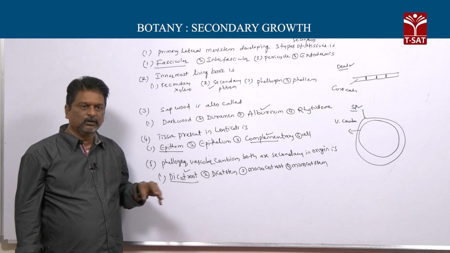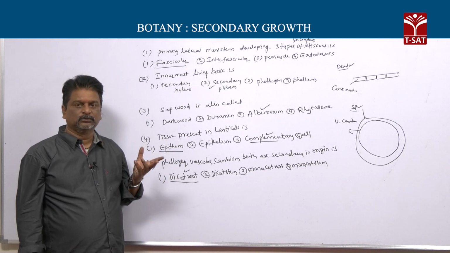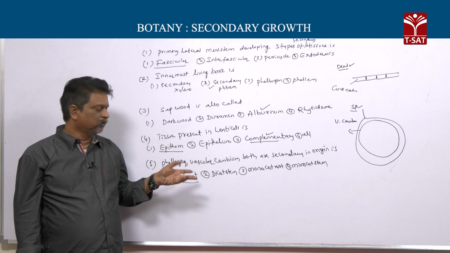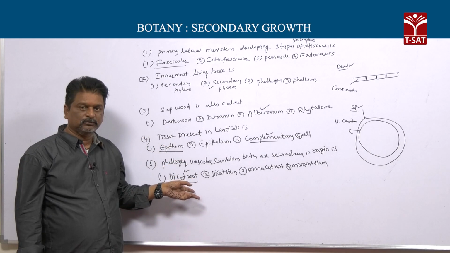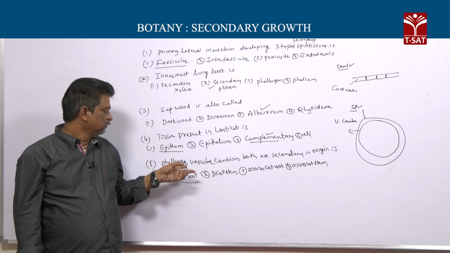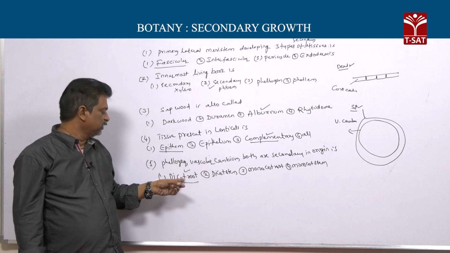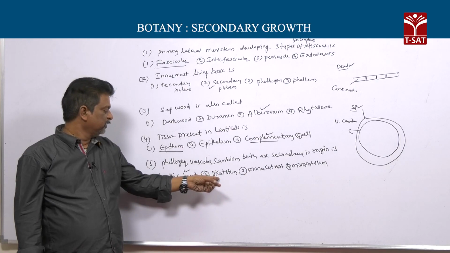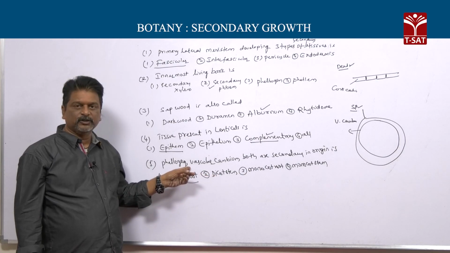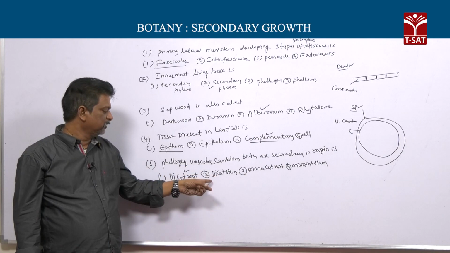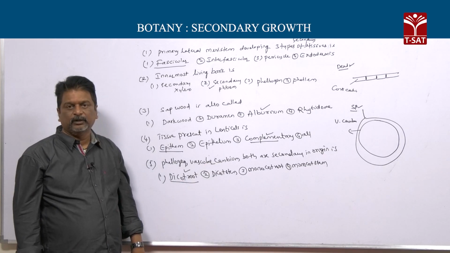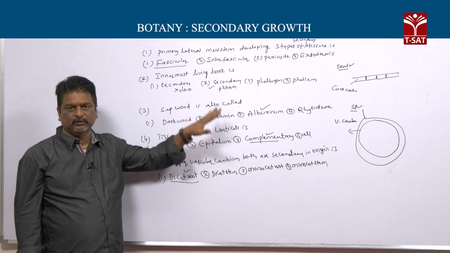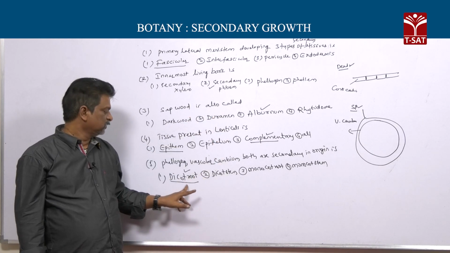They are developed after a certain age of the root by what means? De-differentiation. So phellogen and vascular cambium are both secondary in dicot root. In dicot stem, phellogen is totally secondary, but vascular cambium is partly primary and partly secondary. So, answer is dicot